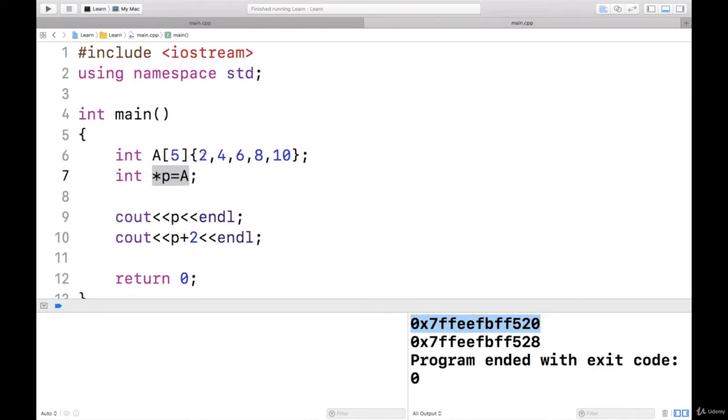So when I say P plus 2, I should get the address of 6, that is 2 elements away. As this is an integer and it takes 4 bytes in my compiler, for 2 elements it will be 8 bytes. So you can see that the address is 28. The first integer address had last 2 digits 20, and here it is 28.